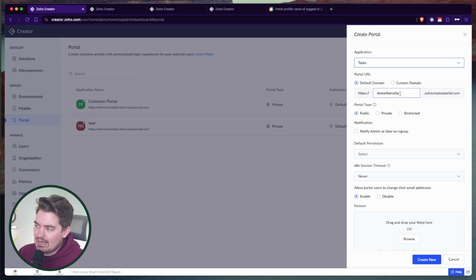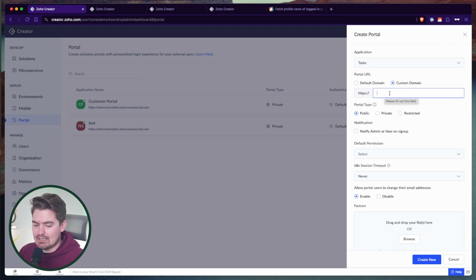And now at this point, I have the option to use a default domain, or I could use a custom domain. Custom domains are really nice because it's not branded with ZohoCreatorPortal.com. If you were to choose the custom domain, it will ask for additional steps to link your MX records, or I think you could do SPF, and there's one other record, DKIM. I don't think it's DKIM. I think it's an MX record or CNAME record. Basically, inside of your DNS, under your domain hosting provider, you'll need to add additional DNS records, and it'll walk you through that process. For today's purposes, I'm going to just do a default domain, and I'm going to call this